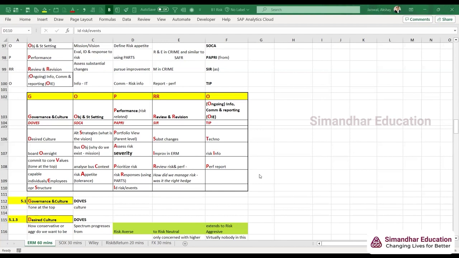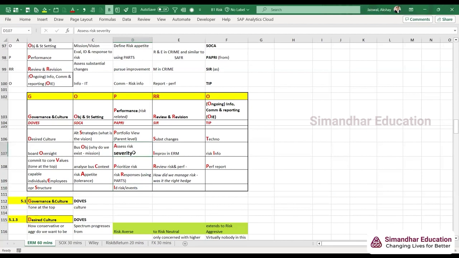So if I'm talking about risk inventory, it means the total risks that we are having, all the types of risk. So obviously we'll have to list them down, right? That is what is meant by risk inventory. That is in identifying the risk. Then after identifying, we will check what are the impact or the severity of all the risks, right?